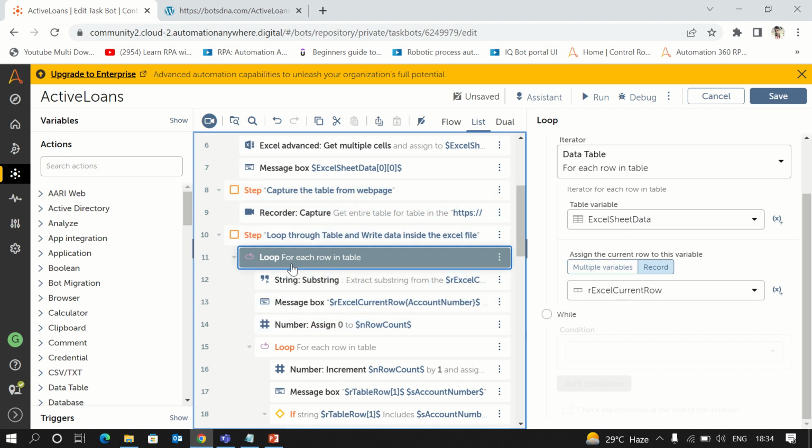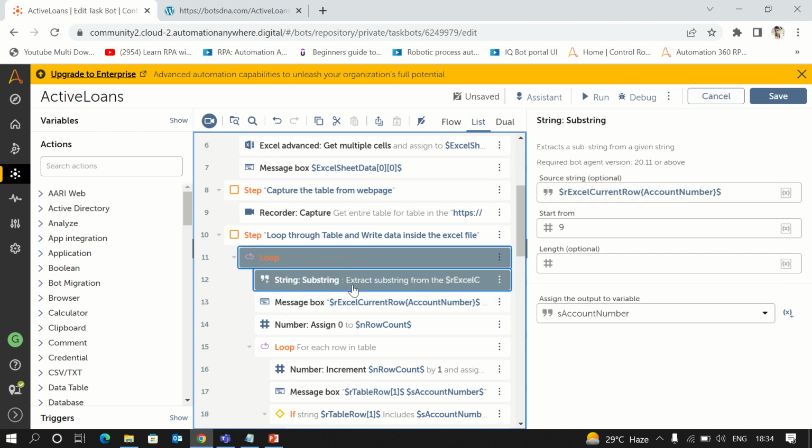So for that, I'll use loop command for each row in table. So here, when I read the Excel data, I stored it in a variable Excel sheet data, that is a table variable, table data variable. So I'll loop through Excel sheet data and store each row inside Excel current